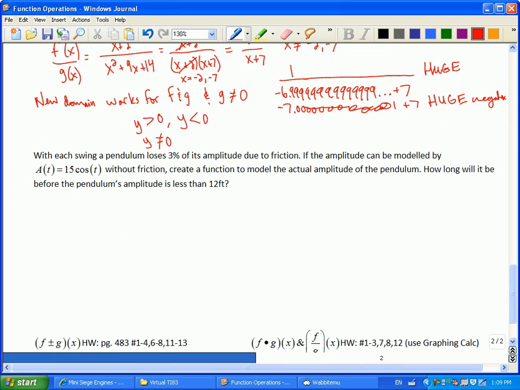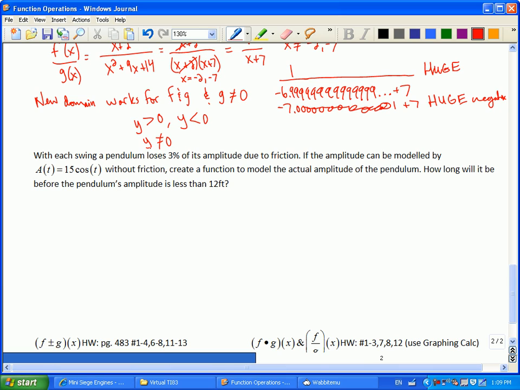So the last thing we'll do here then is a pendulum loses 3% of its amplitude due to friction. If the amplitude is modeled by 15 cos t without friction, create a model for the actual amplitude. Now, because I'm a geek and I thought this was kind of a neat way to blend your last couple of chapters together,